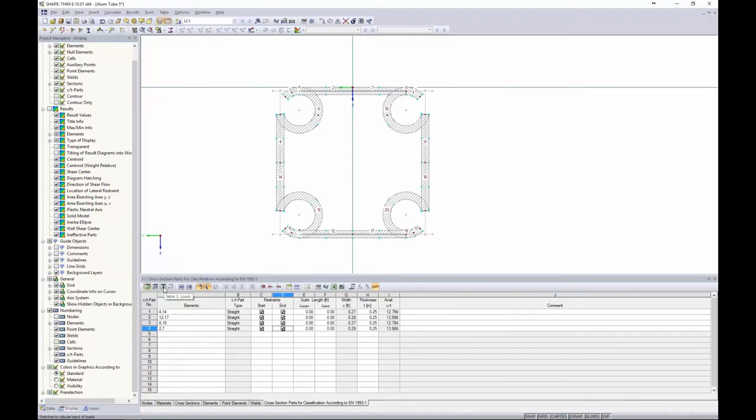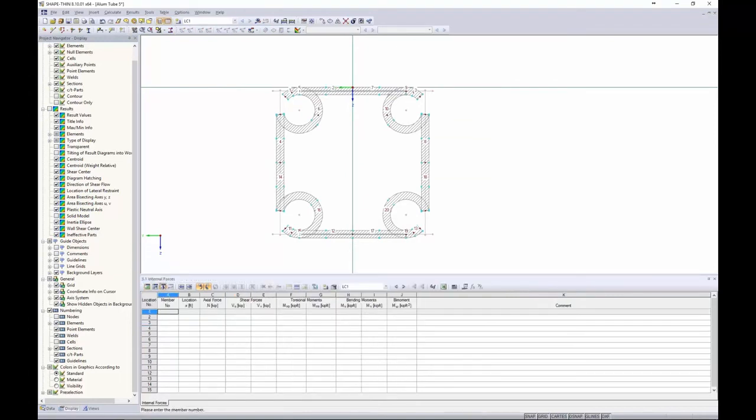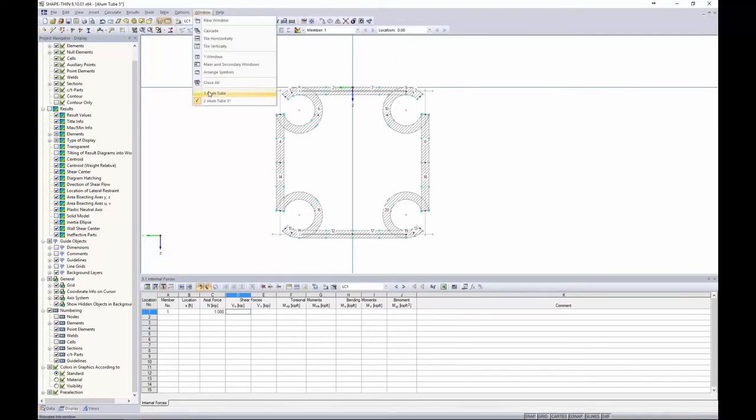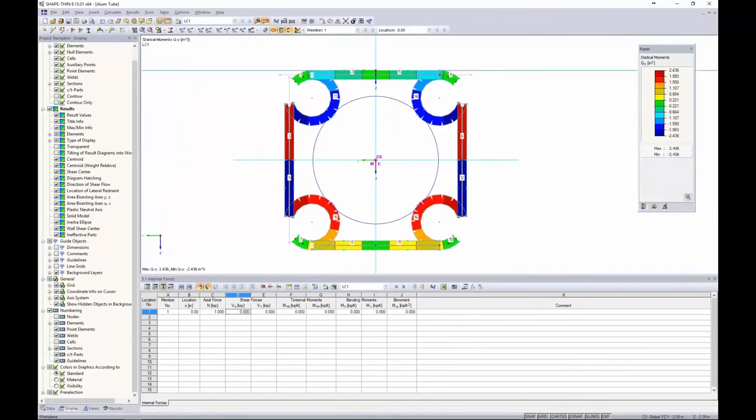Then in our table down here at the bottom under loads, for member number 1, we're just going to give it an axial tension force of 1 kip. It truly means nothing. It's just to create these C sub T elements. So then we will go ahead and run our calculation again,